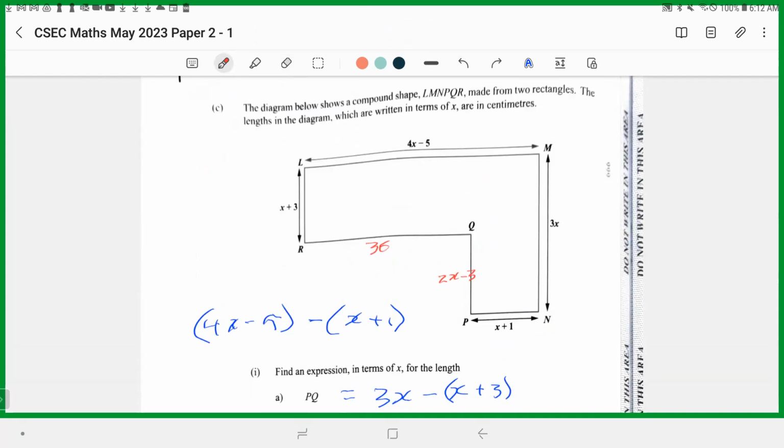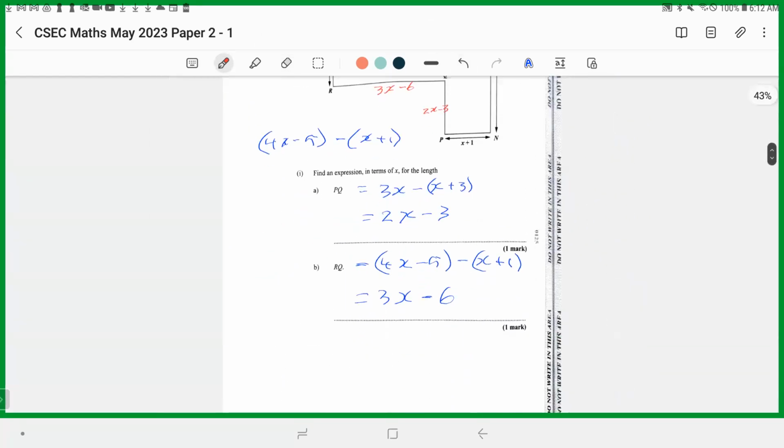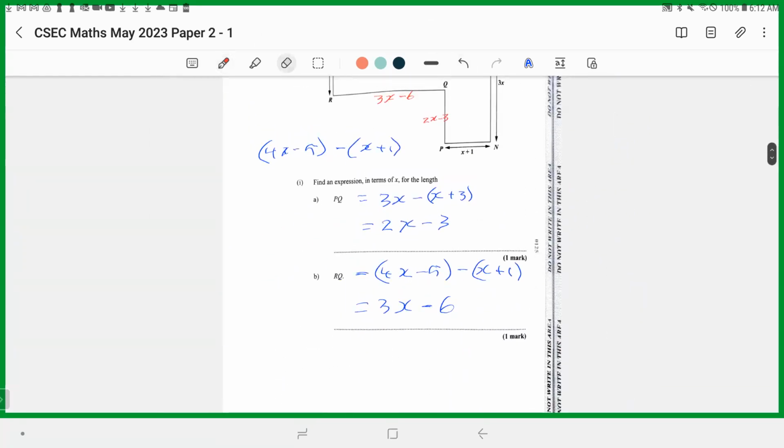3x minus 6. All right, so I found those two, right? One mark each. Let me erase this. The next part says,